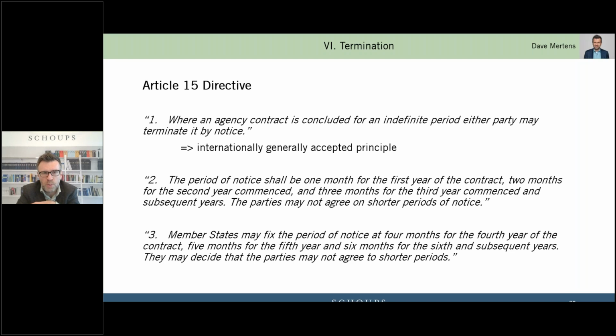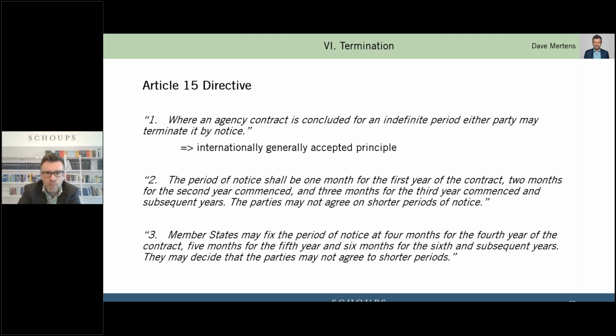Termination, that's another thing. You may want to terminate. The basic principle is if it's entered into for an indefinite period, each party may terminate by giving notice. That is an internationally generally accepted principle. It applies to all types of contract, including but not limited to commercial agency contracts. The directive confirms that principle, not really shocking, but what the directive does do is specify what that period of notice should